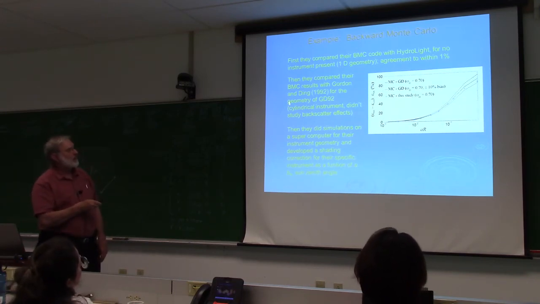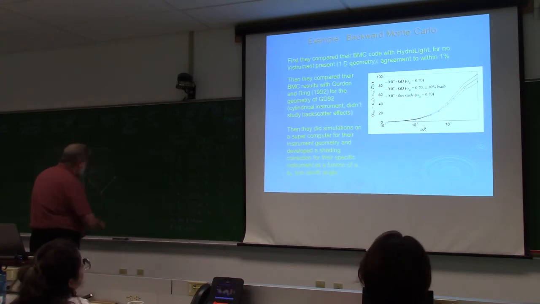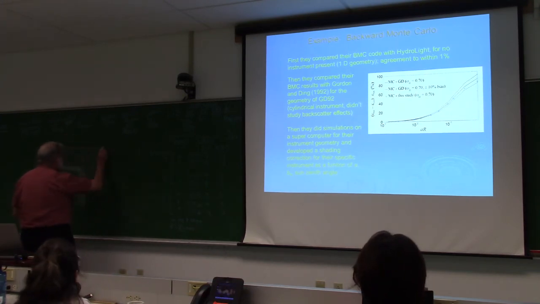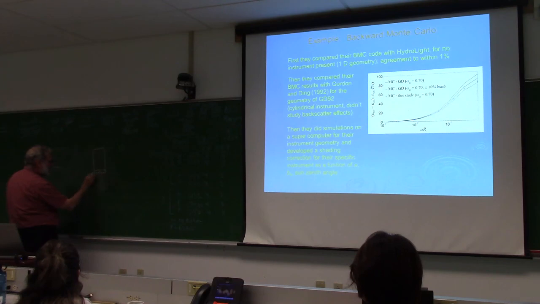Then Howard Gordon had a paper back in '92 where he was looking at instrument shadowing from a simple radiometer that was like this in the water, and then it was looking out at some delta omega. So the sun's over here, you get a shadow like this, so there's a shadowing effect on the Lu value. So Howard had a Monte Carlo code where he computed